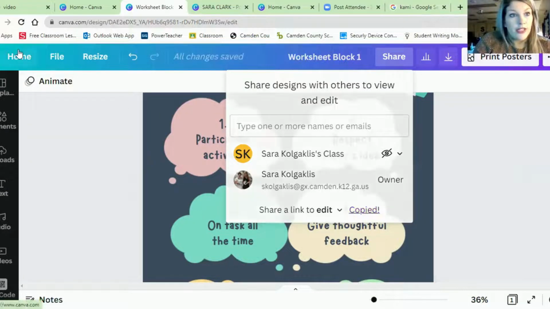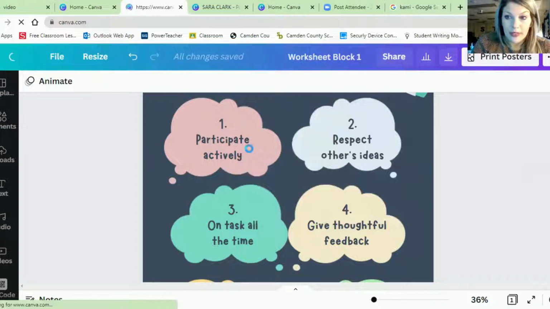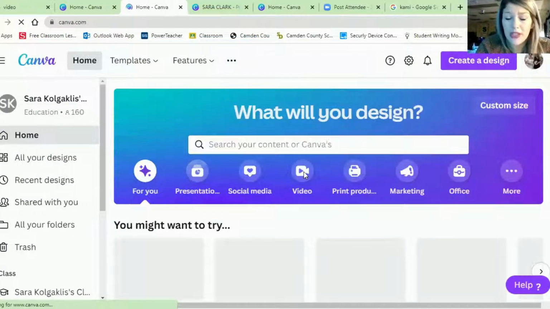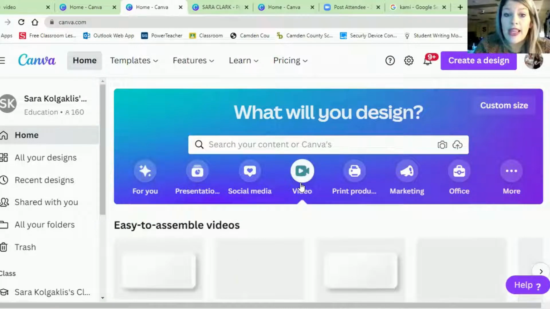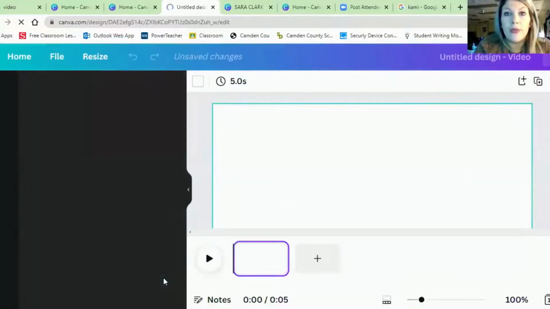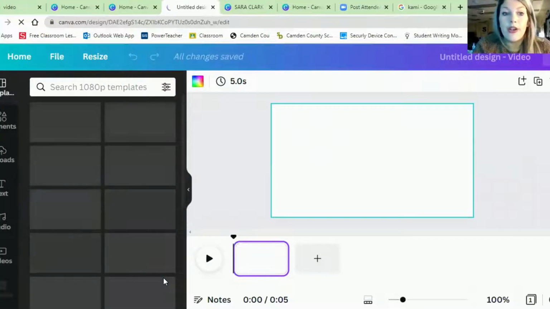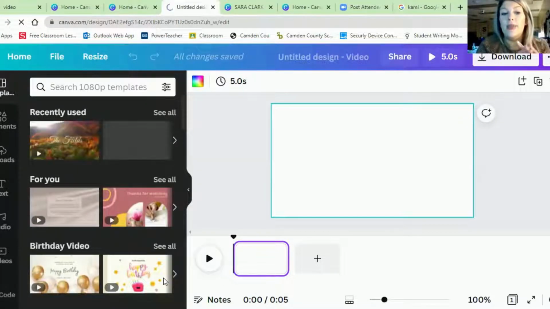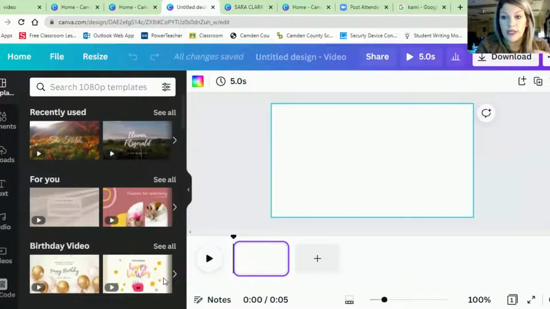The other thing I wanted to show you really quick, this is turning into kind of a long video and my internet's kind of slow, but the other thing you can do with Canva is video. And I personally really love the video because kids can create a video to communicate what they've learned. So even if you do the poster first, because you want them to create something and really have some substance to it and have them think about it and write,